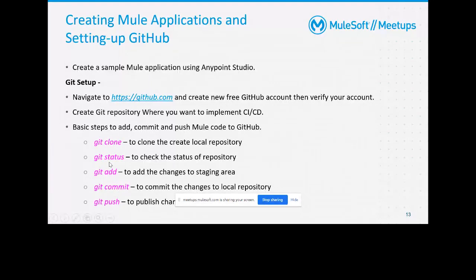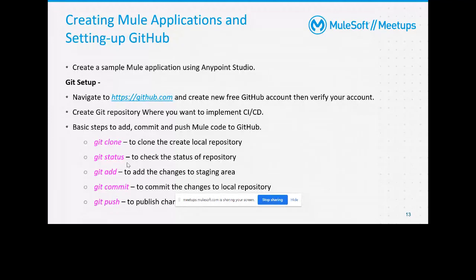Git status is for when you have cloned the repository and changed something, like creating a new file. That is a change, and when you type git status, it will show what you have created new, what you have updated, and what files you have changed. It will show you the list of those files.